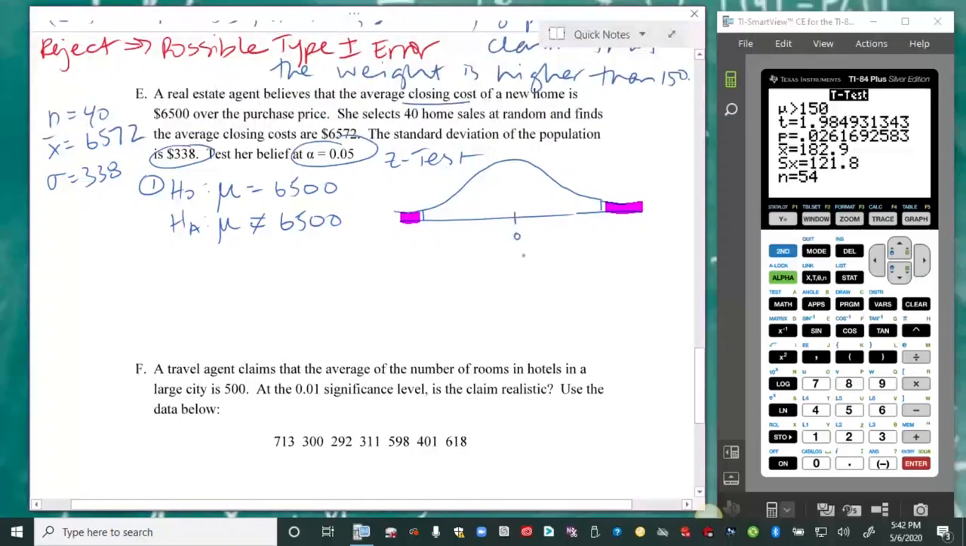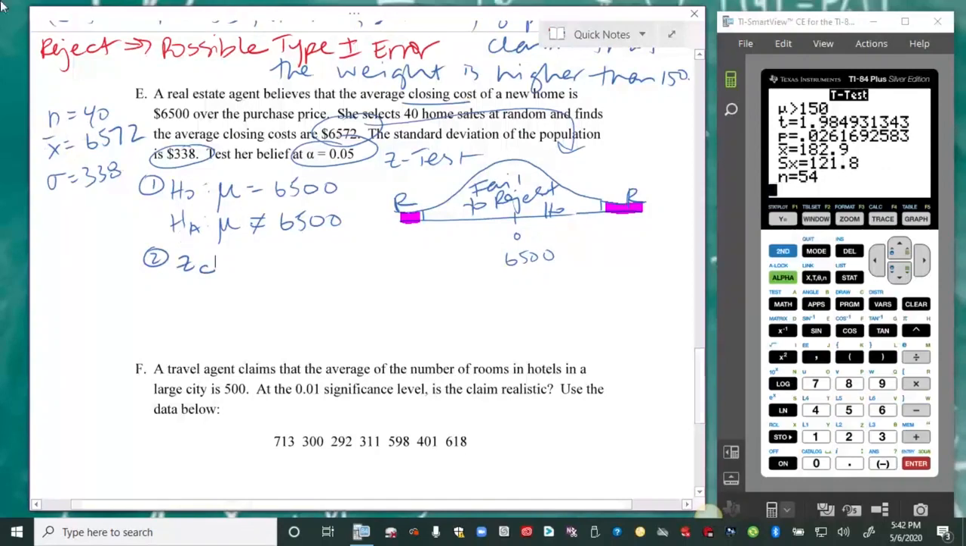This is my expected value of $6,500. The question is, where does my 6572 live? We know it lives over here on the right, but does it live in the fail to reject region, the close enough to 6500 region, or does it live in one of our rejection regions? Okay, step number 2, we want the critical value. This time it's a critical Z value,